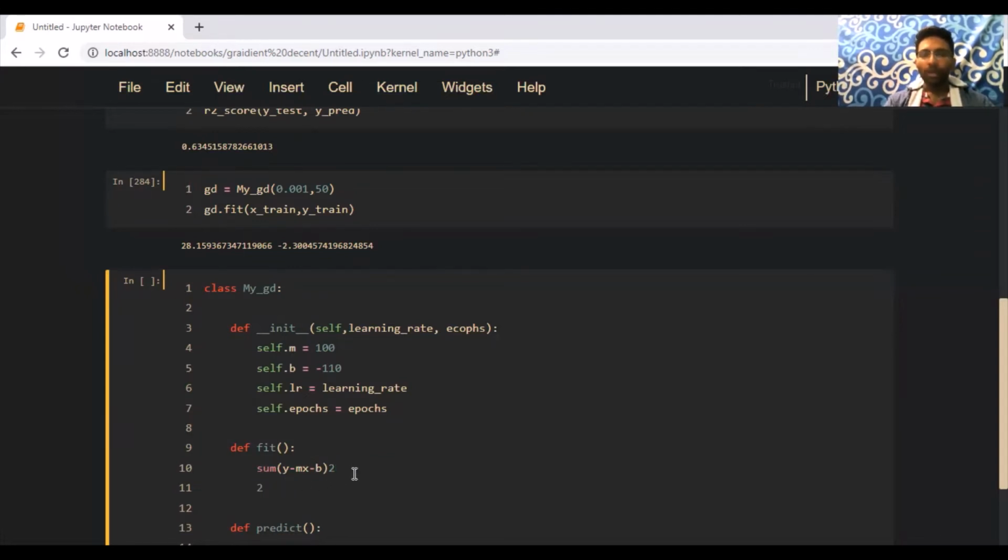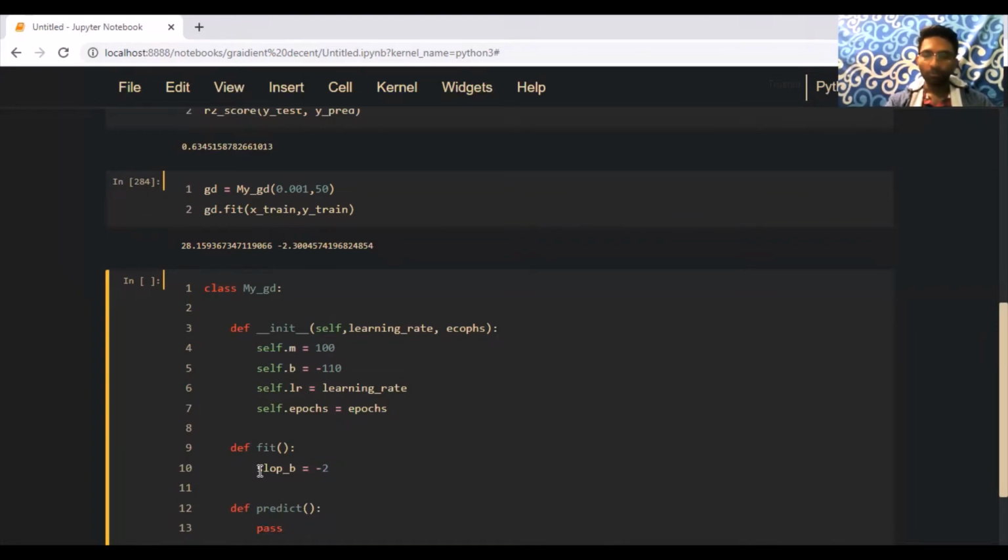So by doing this, what I'm doing is calculating the slope, because I need to find out the amount of change in y for each unit of change in my x. Okay, so I'm calculating the slope for that. So I can write it like the slope of b can be written like this,